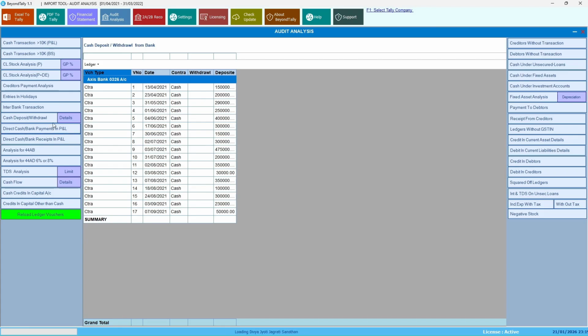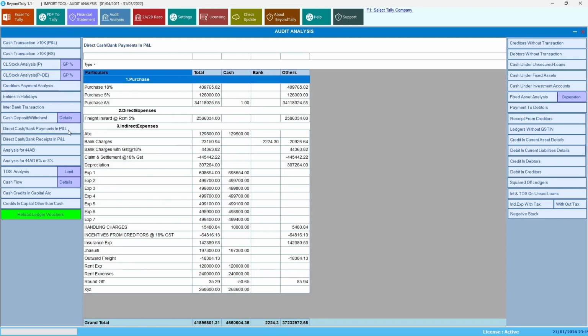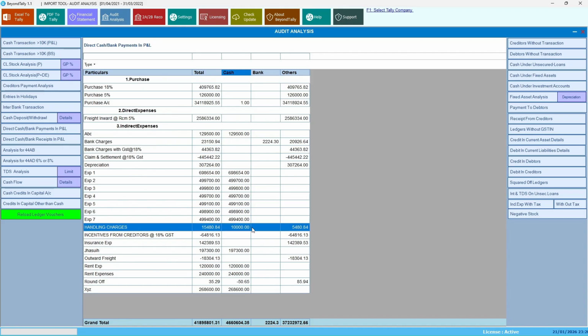Direct expenses, direct cash or bank payments in profit and loss. That means in the PL we are having multiple expenses, for which expenses how much we have paid in cash and how much we have paid through bank, or how much we made a provision or we made some other entries with some parties or